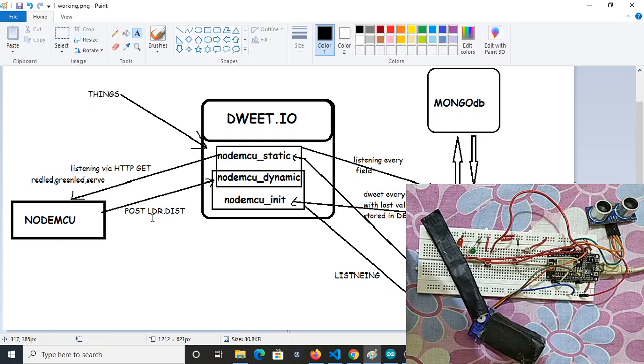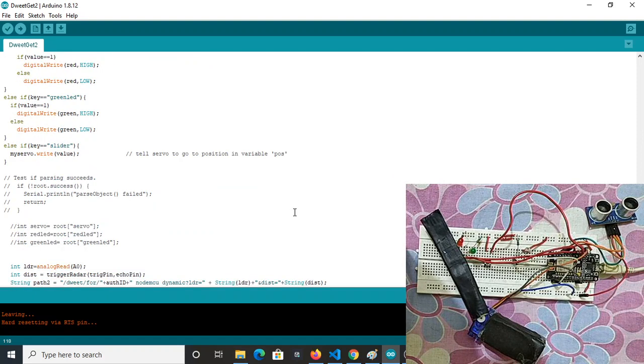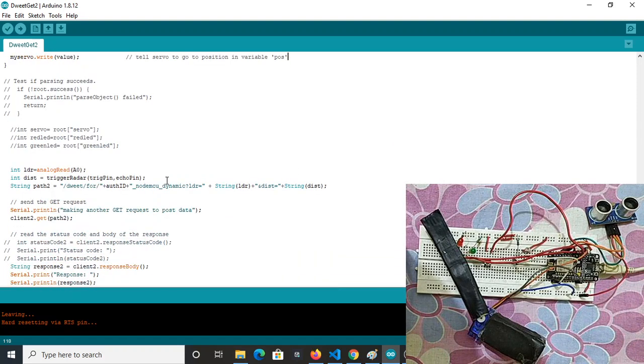And posting LDR and distance data every 5 seconds is a very simple task. We are not making a post request here. We are using a get request basically, which I have already explained, in which we have used query parameters: LDR is equal to this and distance dist is equal to this. We are making the request to auth id underscore node mcu underscore dynamic.